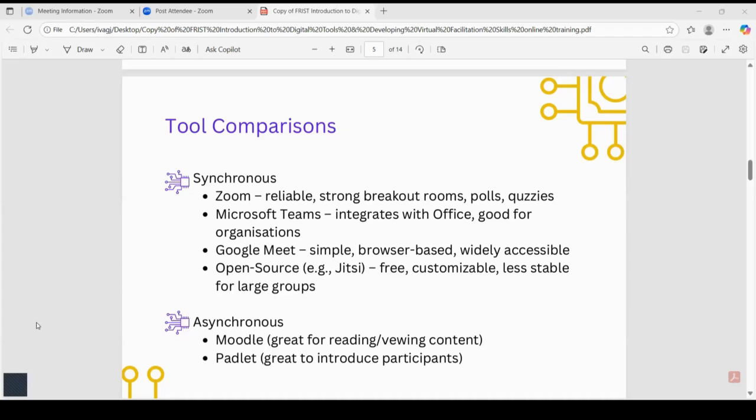We can use Padlets. They are good to introduce the participants, if the participants would like to add their data, some short notes or comments. Padlet is just like sticky papers, like Post-its. But if you want to organize more data,